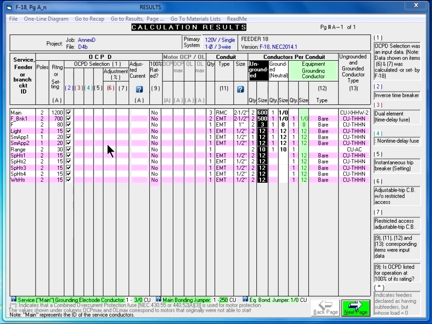Finally, we got to the Results module. On this page we can see a summary of the calculations of this project, in an ordered and concise form, displaying the data required by the user of the project. In effect, for each circuit, we can see its OCP rating and OCPD type, the number of conduits, the type and size associated with the circuit under consideration,